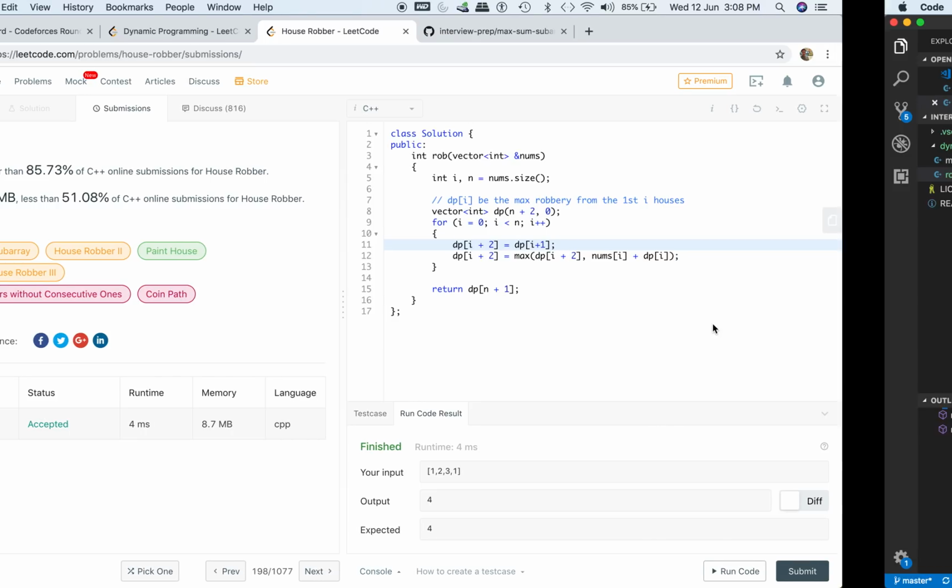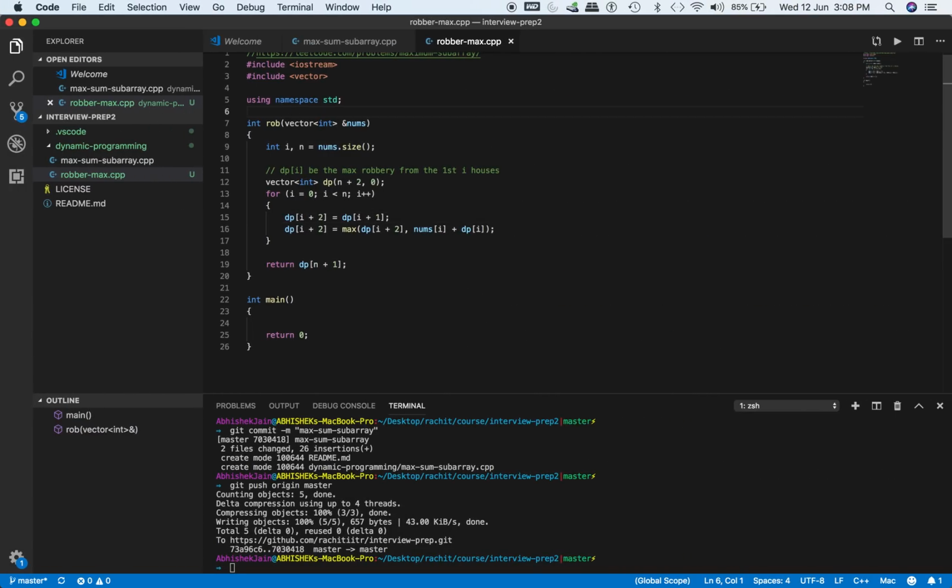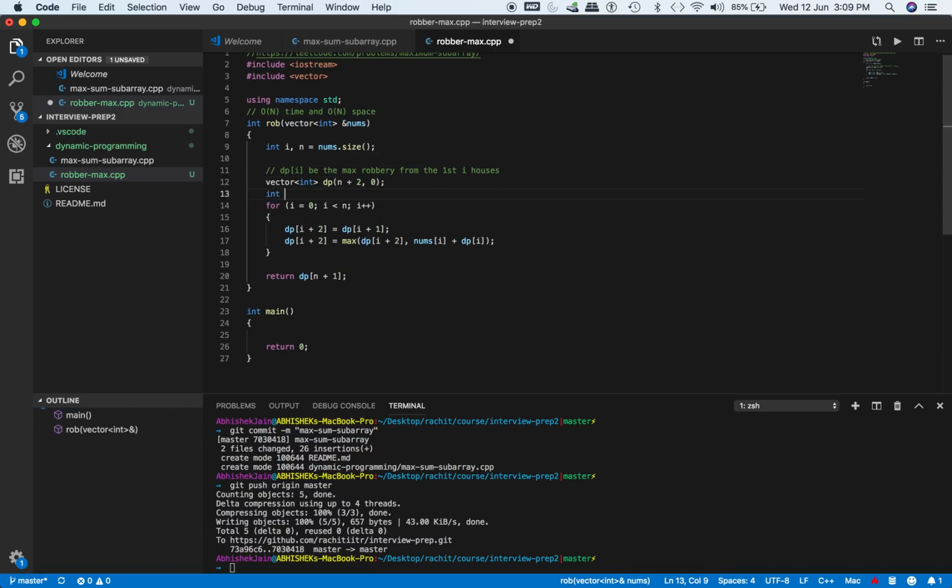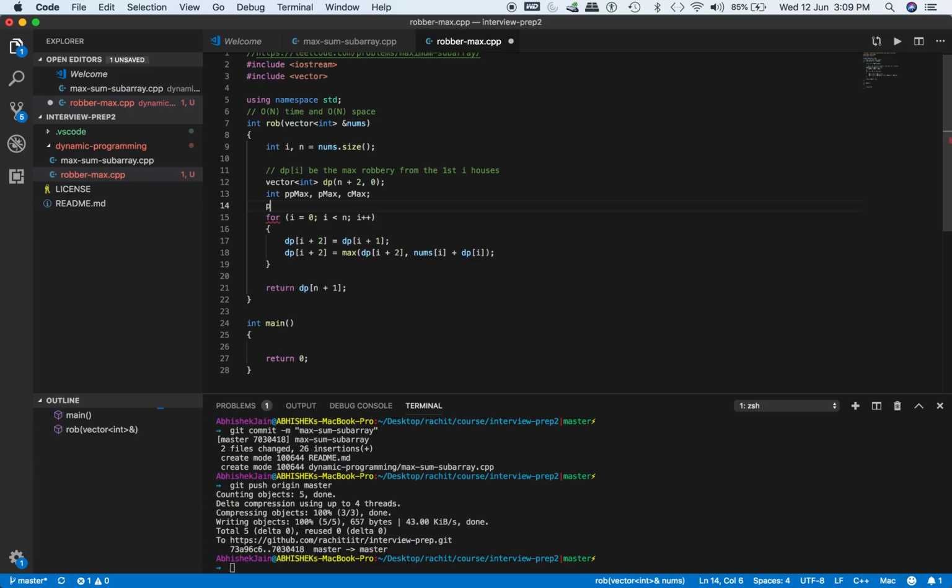It's successful. Again guys, this takes order n time and order n space. And as you can see over here, what we need is just 3 variables, and we can have int ppmax, that's the previous previous max, then pmax, and then cmax. All of these can initially be 0,